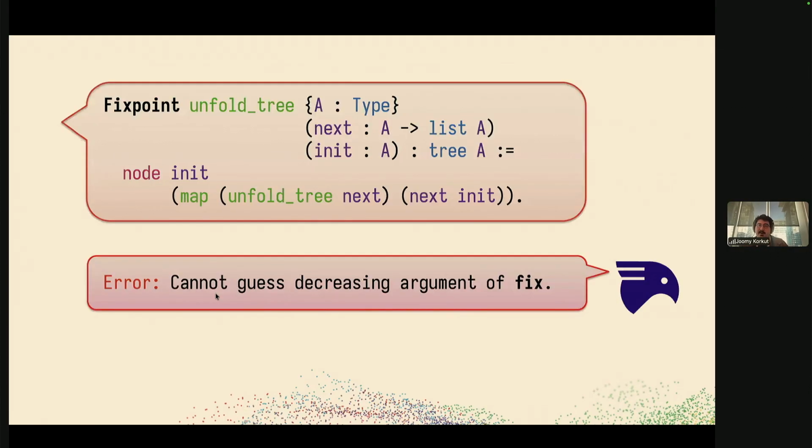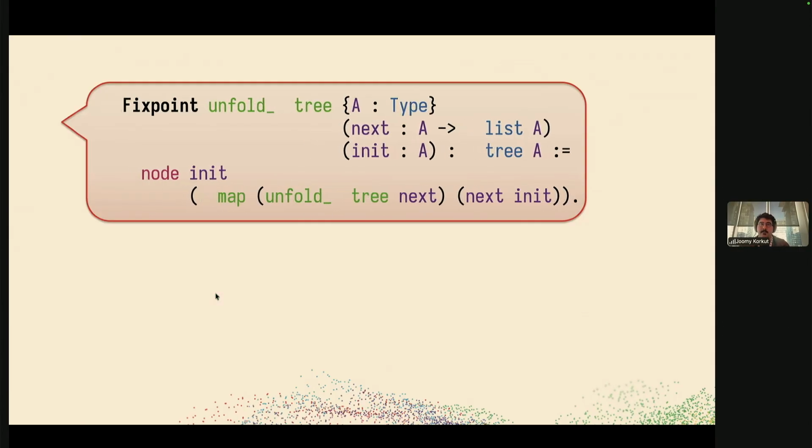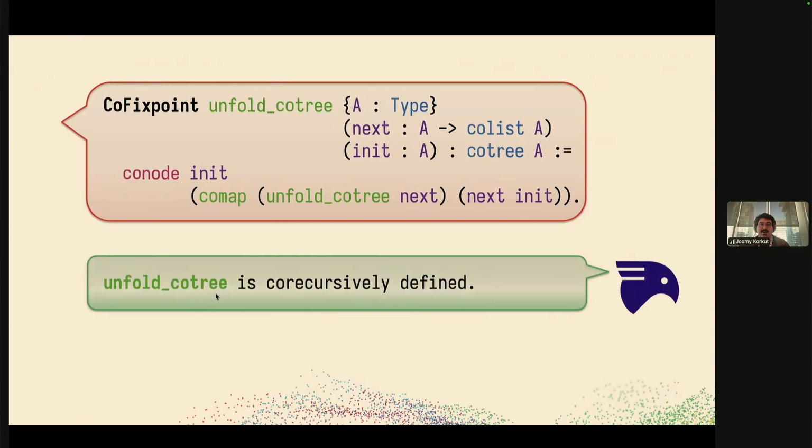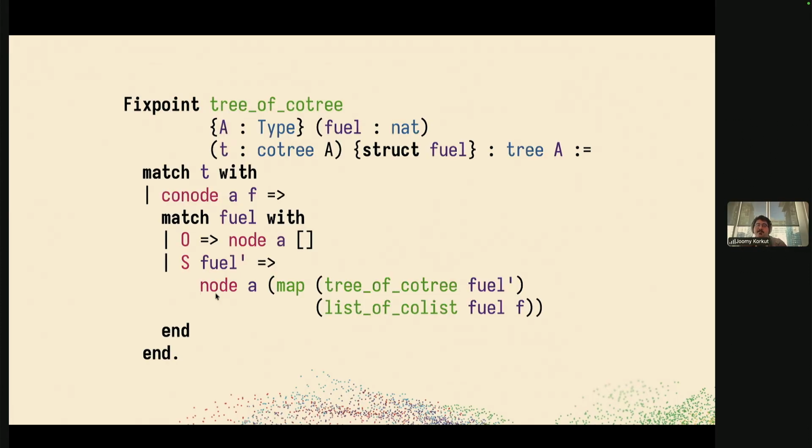So let's look at our failed attempts of writing unfold for inductive trees and make it work on coinductive trees. And yeah, if you just add co-code to a lot of stuff, that works just fine. And those of you who have dealt with coinductive values and tried to reason about them before might say, but Joomy, we could have had a finite tree and it would be a lot easier to write proofs about them. Do not worry. Even if we have a possibly infinite co-tree, we can still convert that to a finite